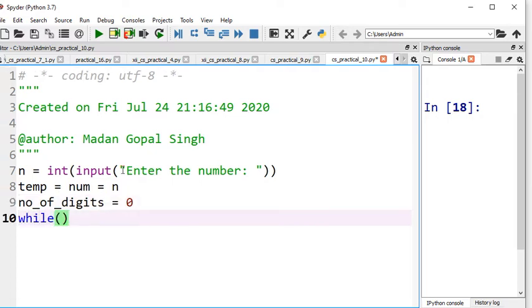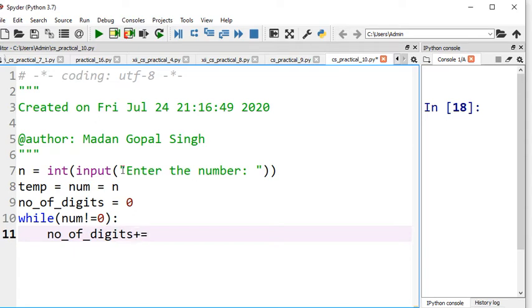While loop we will continue, let's say num is not equal to 0, and keep on executing this. Number of digits we are incrementing each time, plus equals 1, I am writing the shorthand operator, and then num equals int of num divided by 10.